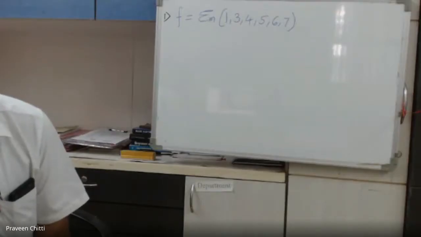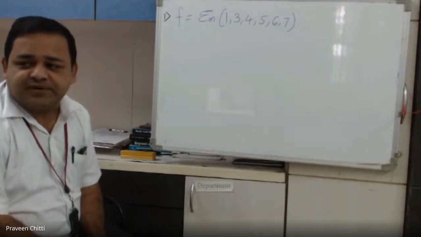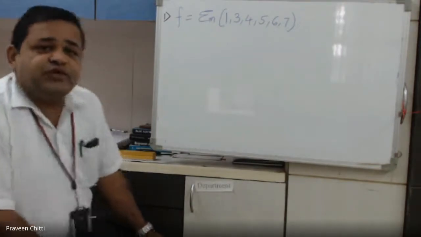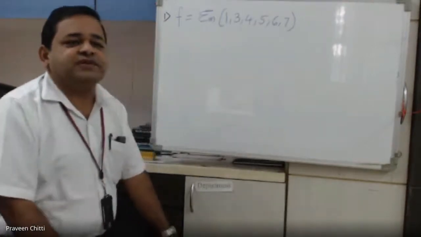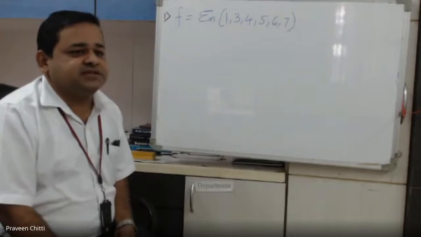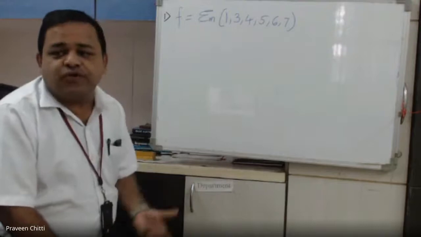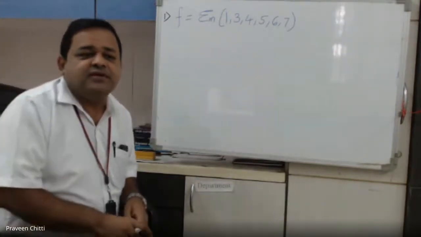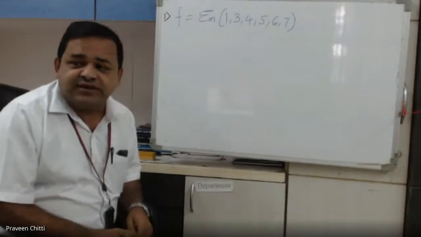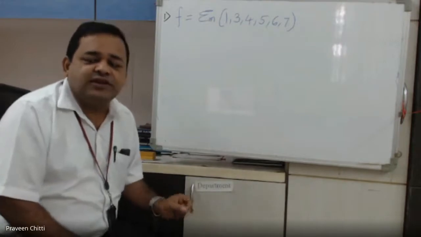Okay, so this expression is in which form? SOP form. And now you have to simplify it using what? K-map. So when you are going to simplify any expression using K-map, the first thing you have to observe is that whatever the given expression may be, it should be brought into canonical SOP form. This is called canonical, not simple SOP form.